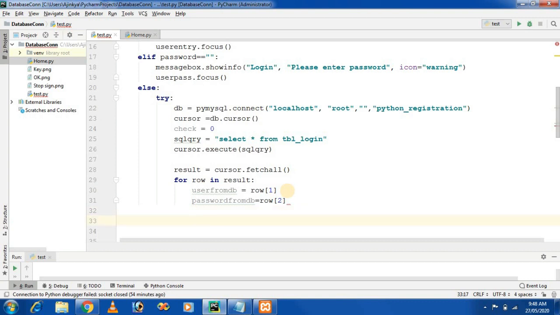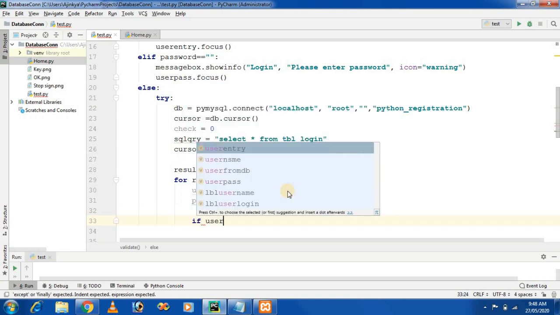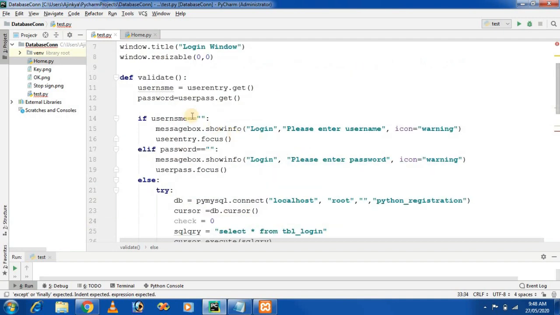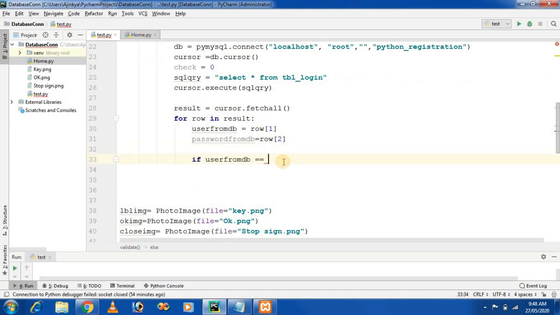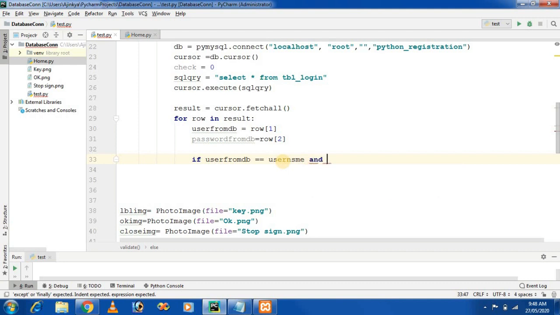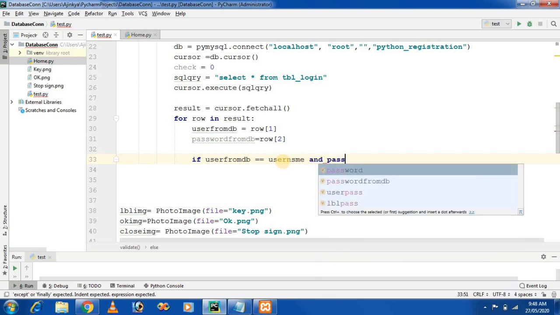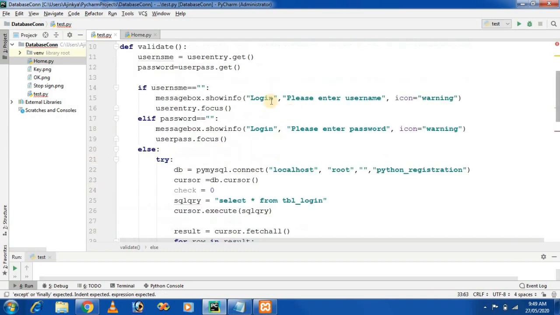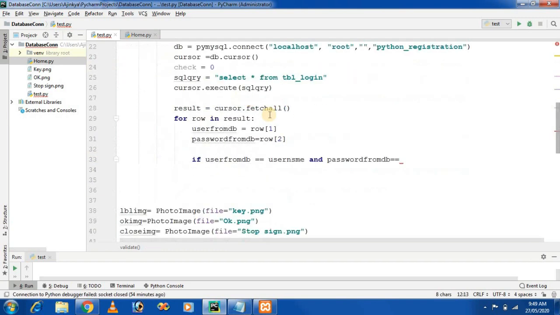Check the condition. So how can we check? If user_from_db double equal to our entry box. The first entry name is username, so take here username, and password_from_db double equal to password; the password entry name is password.